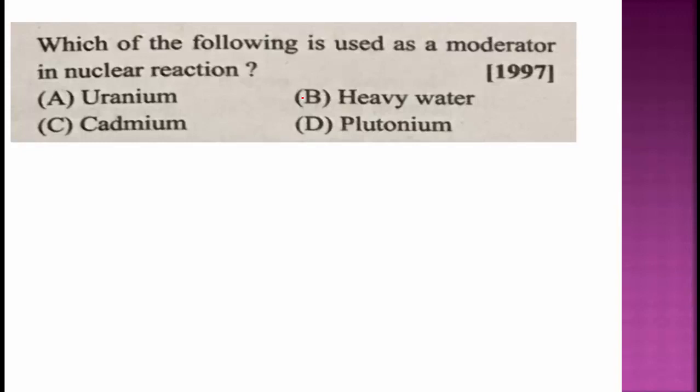Generally, low atomic weight materials are used, because uranium, cadmium and plutonium are elements present in the periodic table, but moderators are used to slow down the neutrons, and that is heavy water. Heavy water is used as a moderator. Option B is the